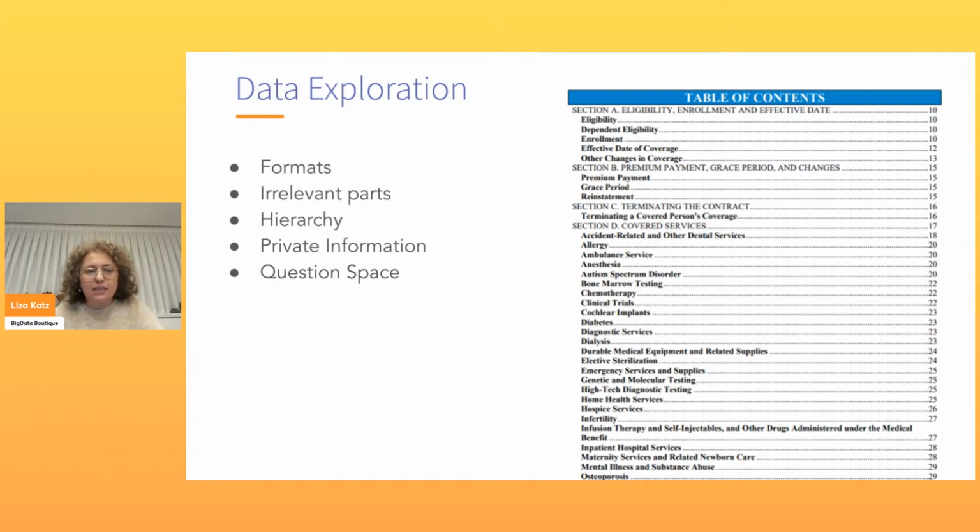So if I'm looking at section D, if I'm talking about diabetes, I wouldn't know what the context of this title is unless I look at the title above it, which is section D, covered services. So diabetes is one of the covered services by this insurance policy. So I'm going to explore any hierarchies that exist within any documents. I'm going to note them and keep track of them so I can process my documents better.